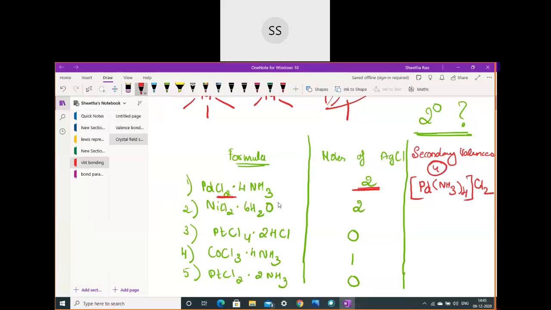Wherever you can see the Cl, that will usually be present outside, depending on how many moles are precipitated. Now here only 2 moles were precipitated out, so I have removed this 2 out. If 1 is there, then you will remove only 1 out. If nothing is there, you will not remove anything out. Rest everything you will put inside. Yes, now try to answer for the second one. Very good.